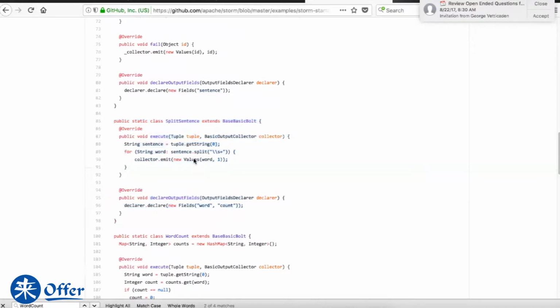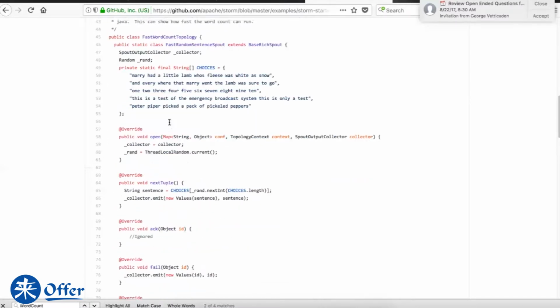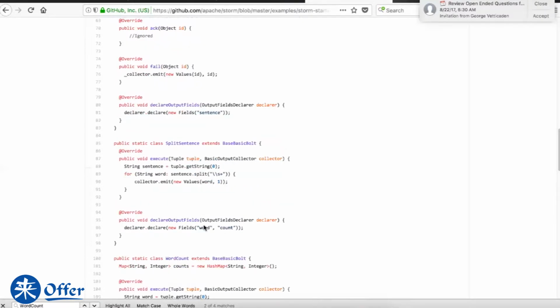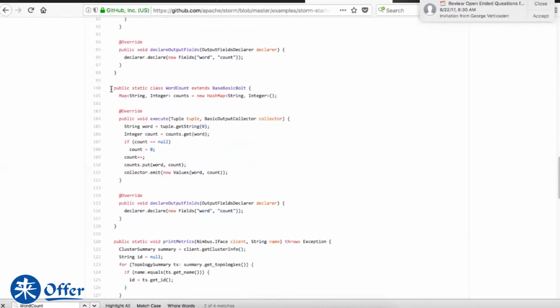So in this example, this is a word count. Word count is nothing but sentences coming through, right? You want to split the sentences by a space, so that you separate the sentence into words. And then at the end, you want to count how many of the same words there are. If you can see here, this simple code is getting an event. Tuple is your event. It goes through the sentence that's being emitted from here, splits on space and emits that again. So each word will get a count of 1. Now, at the end, what you have is a word count,